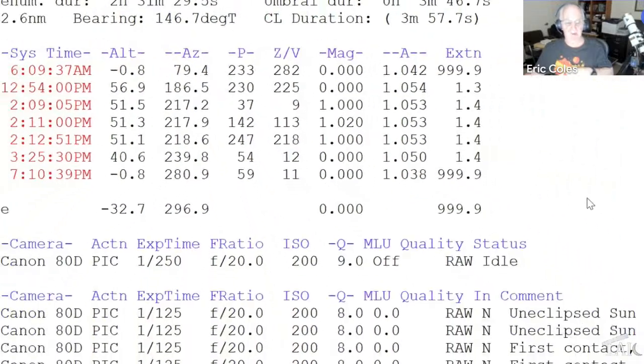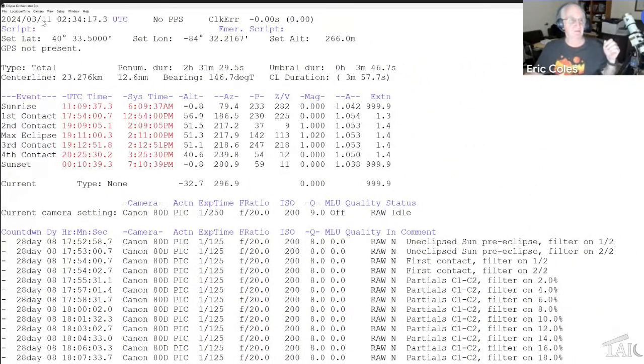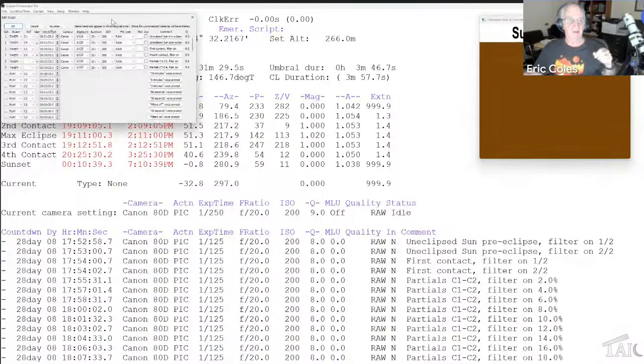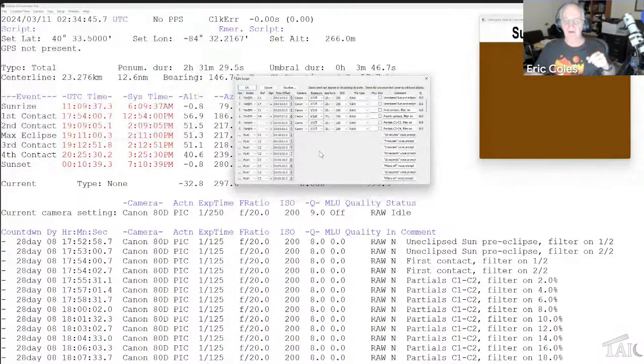And so now we have a script, but we can edit the script. Location, times, let's see. Let's bring up the simulated view. Okay, here's the editor, and this is really kind of cool. It goes through each step of the eclipse that the script is written for. And you can use these drop-down menus